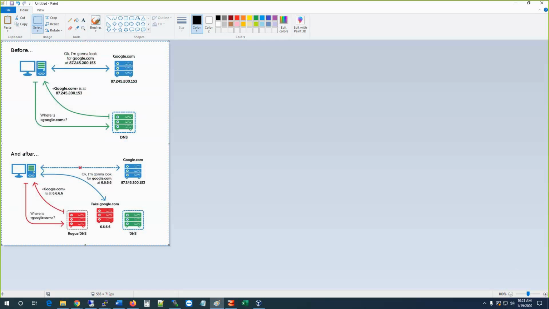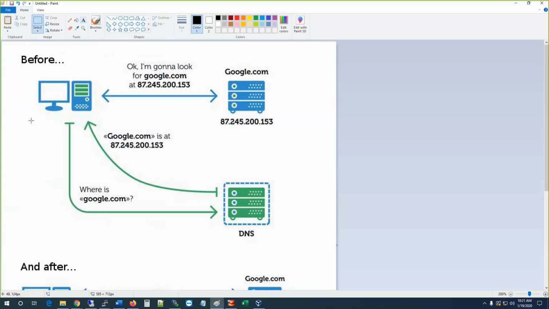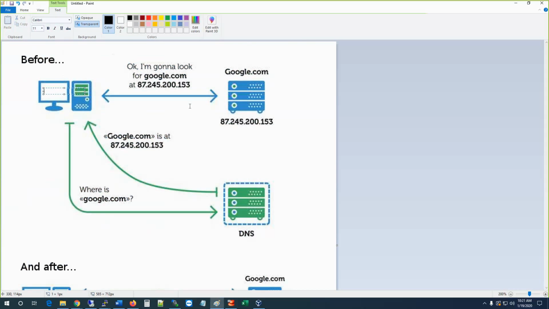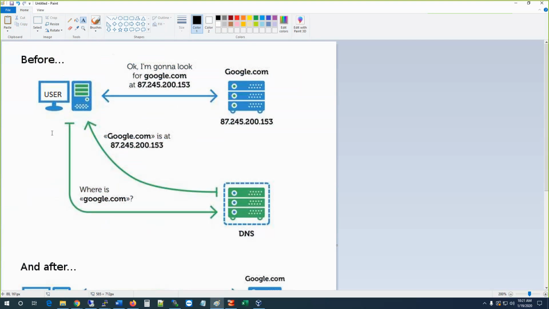This computer is a user. When the user is, for the first time from this computer, typing in google.com, what is actually happening is